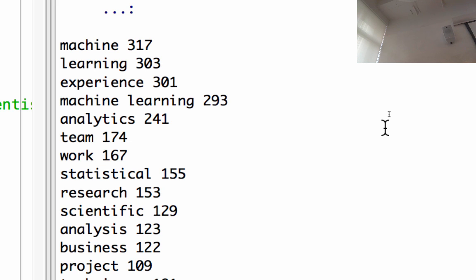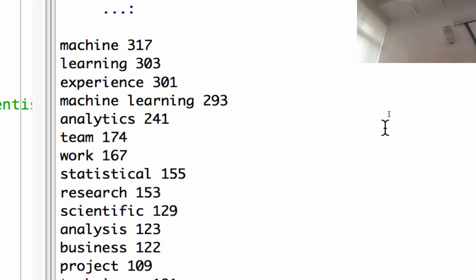Statistical, obviously there is some level of math, and again, these words shouldn't be very surprising to you to see, oh yes, statistical is a very commonly used word in job descriptions, but it is nice validation to see that these aren't me generating these words. These are public job postings online about data scientists who are posting these words. So hopefully this is some validation to what you've been doing in this class. Because there's no refunds. I gotta tell you that right now. I can't.